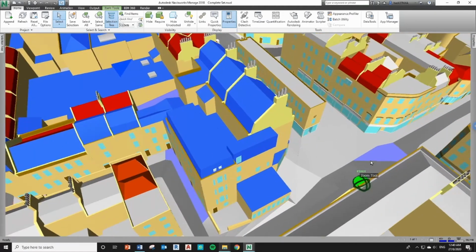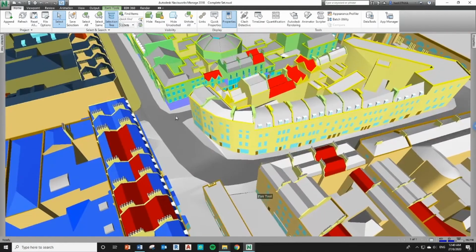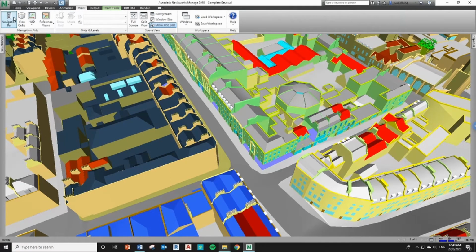Another tool that we need to activate before starting any project is the navigation bar on the right here, and the navigation cube. To activate these two items, go under the View tab, click on Navigation Bar and View Cube, Navigation Cube.